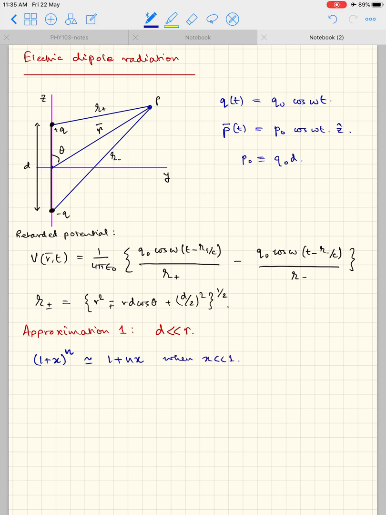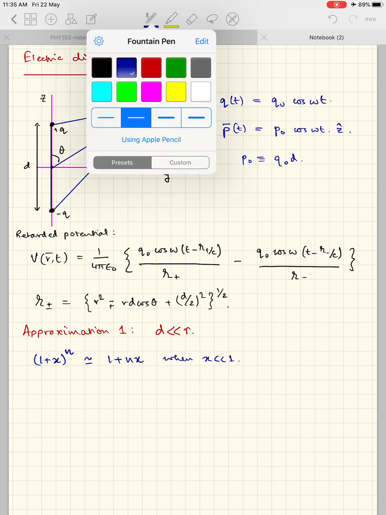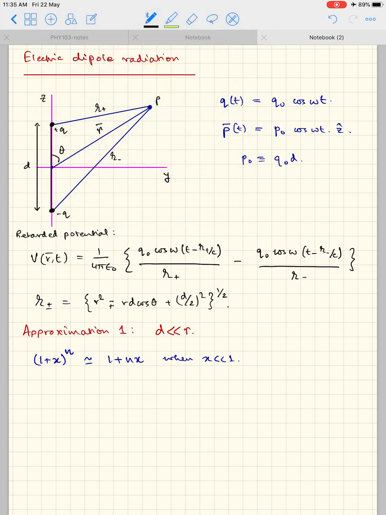The higher terms in x squared will just drop off. We are going to use this approximation in the above. So this essentially yields r plus minus equals r times 1 minus plus d over r cos theta, whole to the half,